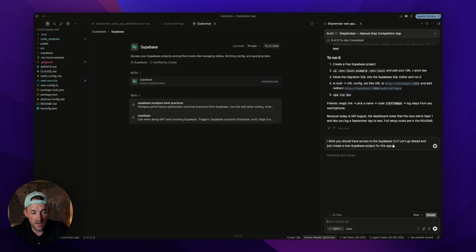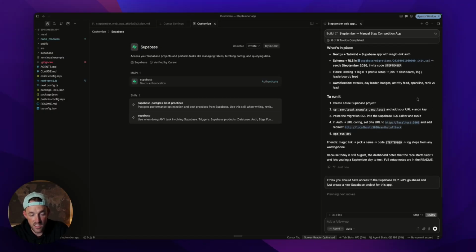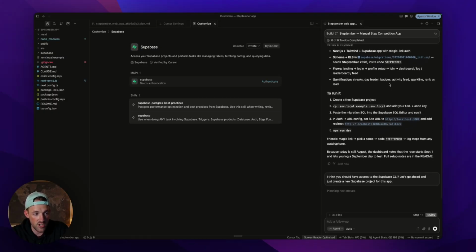So basically all I'm saying right there is it should have access to the Supabase like we were talking about earlier. It looks like it didn't create that yet. So I'm just going to go ahead and instruct it to go create that. But one of the things that we can also do while we're letting it work on that thing is I